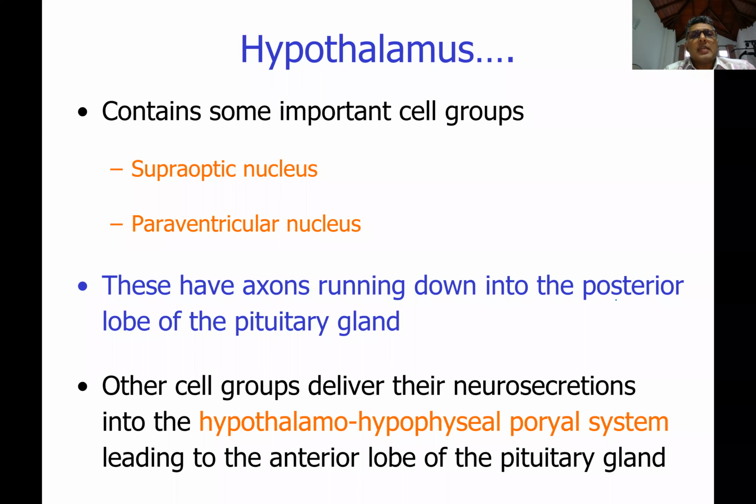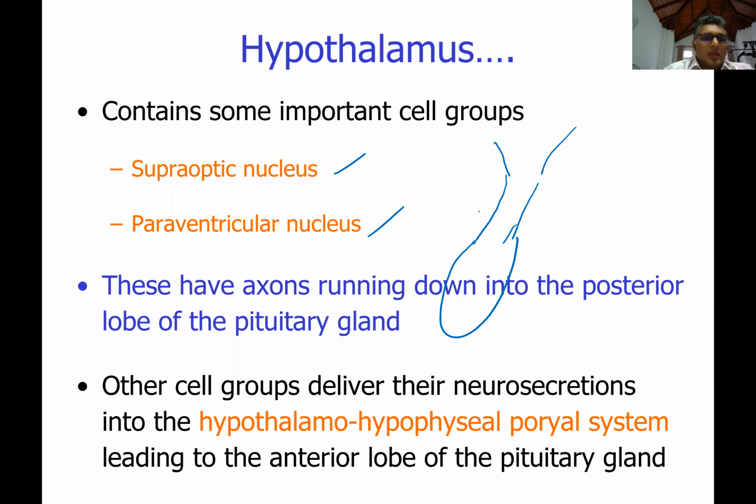There are some important cell stations, collections of neuronal cell bodies, in the hypothalamus. The supraoptic nucleus and paraventricular nucleus are very frequently mentioned in your physiology lectures. So the releasing hormones that are produced by the hypothalamus are produced in some of these areas and brought down. And if you have the hypothalamus like this here, and you have the pituitary gland here,